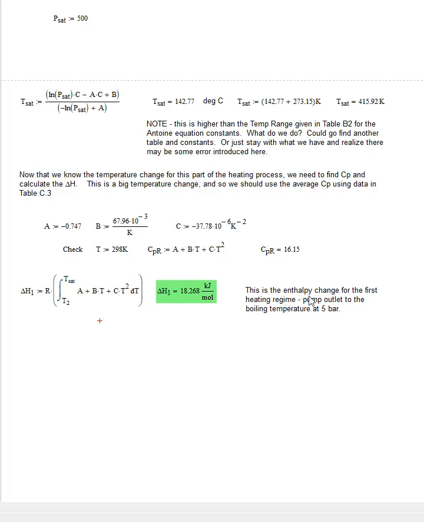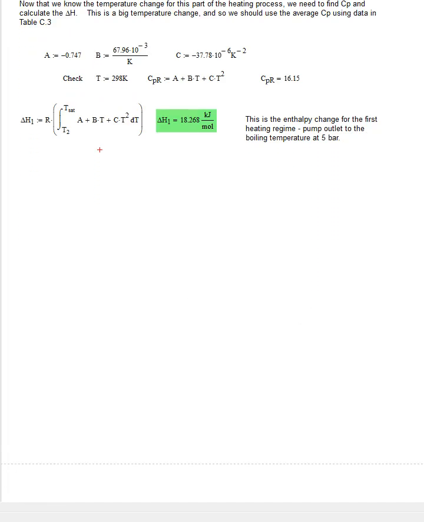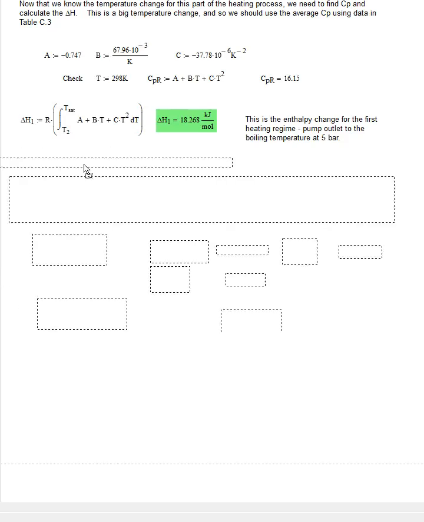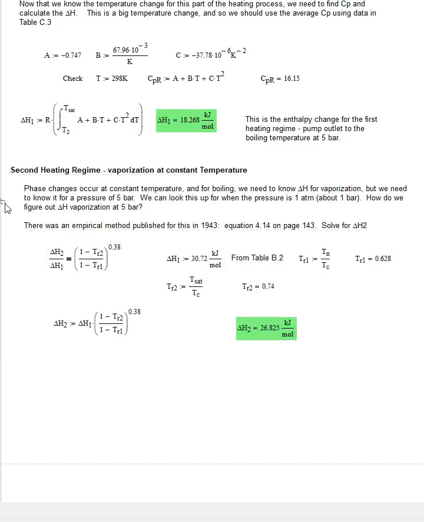Now remember, this is the enthalpy change for the first heating regime, which is going from the pump outlet, a subcooled liquid at 5 bar, to the boiling point of the liquid at 5 bar. So that's our first heating step. So now we're at the boiling temperature at 5 bar, and our next heating step is going to be delta H of vaporization. So we know that phase change occurs at constant temperature. For boiling, we need to know the delta H of vaporization, but we need to know it at a pressure